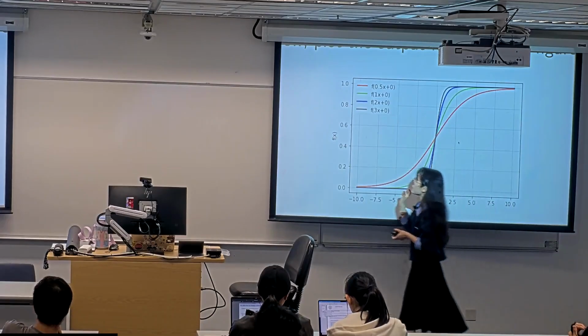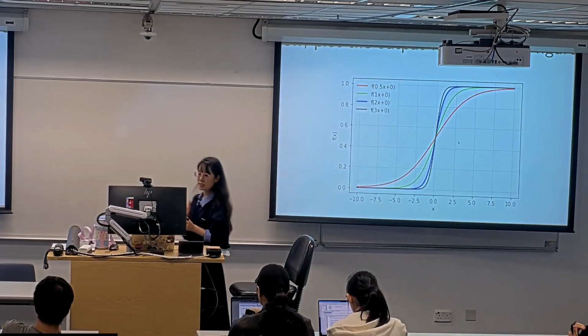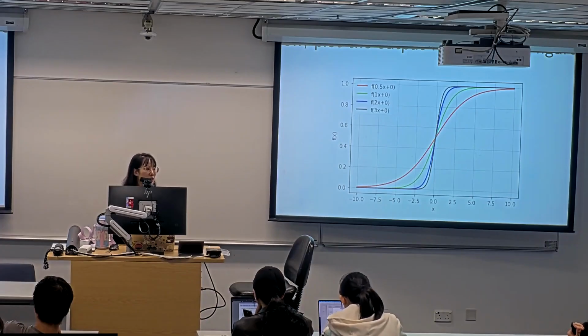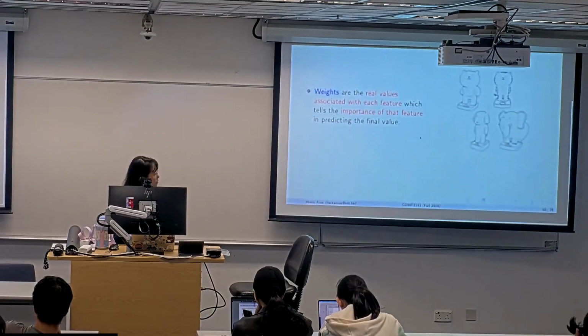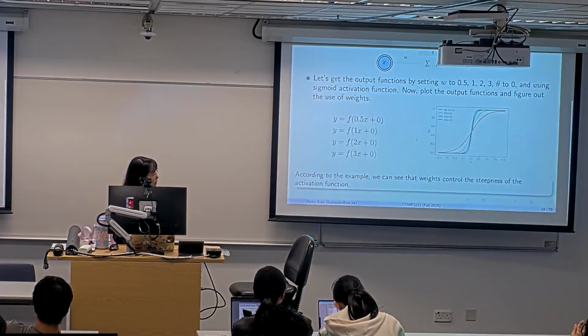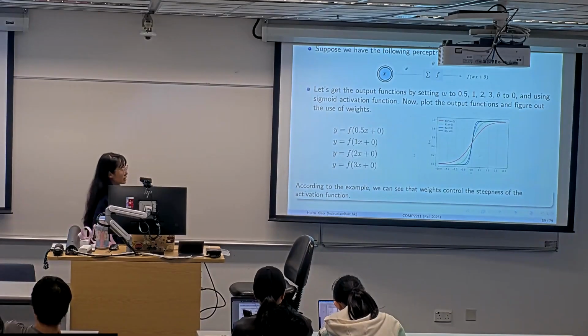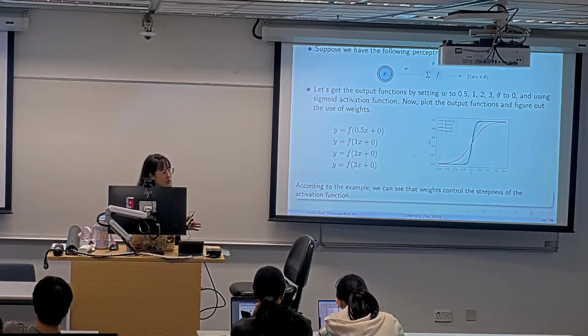So that means if we already fix the activation function and fix the theta, the bias, then the W controls how steep the activation function is, or how steep the output is. So this is the role of the weight parameters. According to this example, we can see that the weights control the steepness of the activation